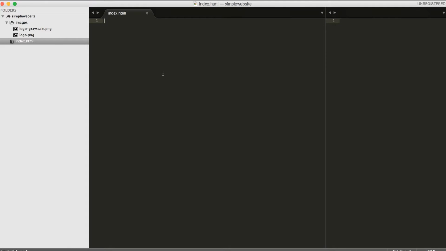As a first step, we start with the regular HTML tagging. So these are the default tags for HTML5. Let's define the page title. We will call it simple website,